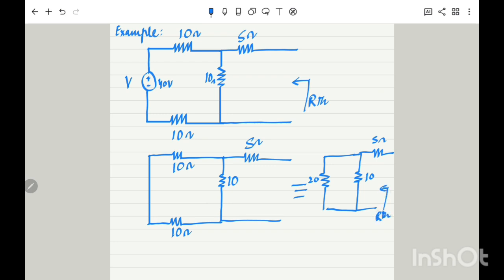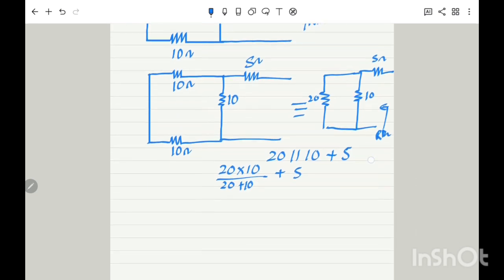Okay, so this becomes 20 parallel to 10, and this is in series, then it will become plus 5 ohm. Okay, so 20 into 10 divided by 20 plus 10 plus 5, and 20 into 10 is equal to 200 divided by 30 plus 5. Okay, so 10 10 cancel, and 20 by 3 plus 5,